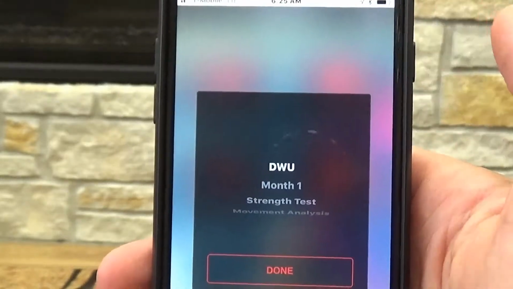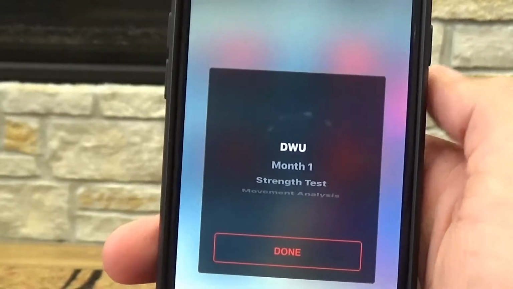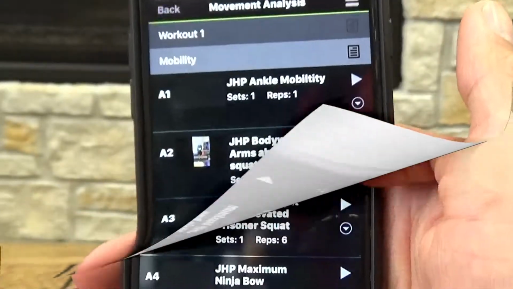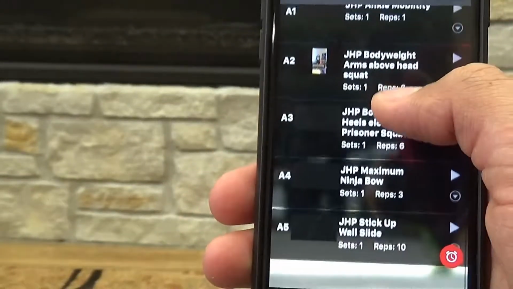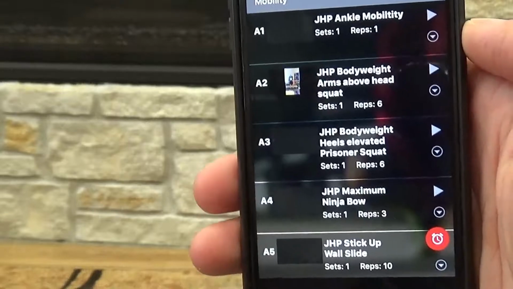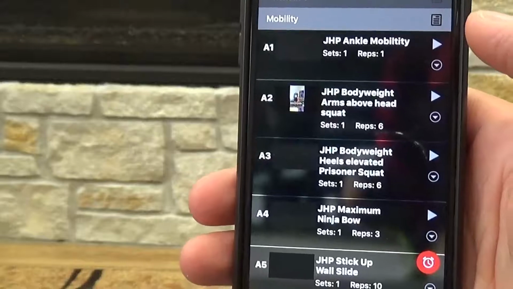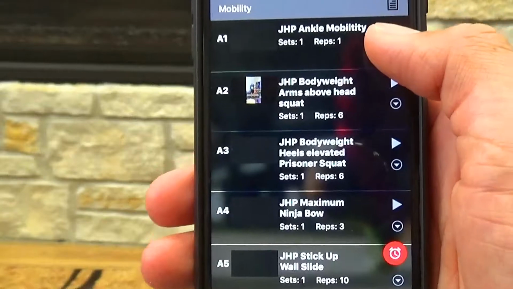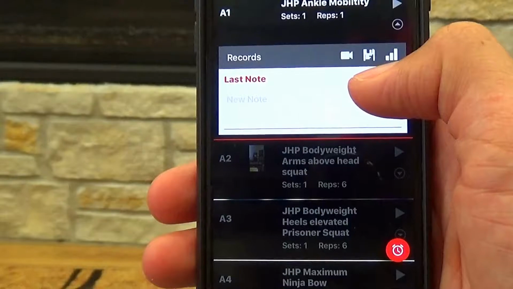Simply go into Programs, scroll over to your strength test or your movement analysis, and click Done. Here it will open up whatever it is that you clicked on, which is the movement analysis. This is the entire movement analysis here, 5 movements that I would need for you to film yourself doing so I can see where your hangups are and how we can make you better. All you're going to do here is click the drop down, then click the film reel,